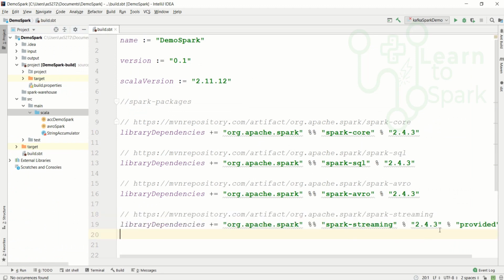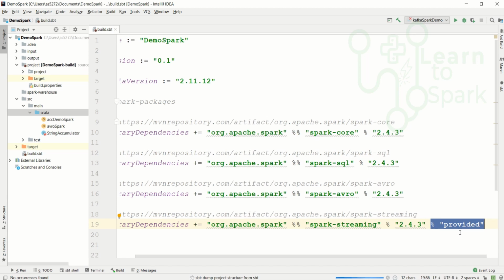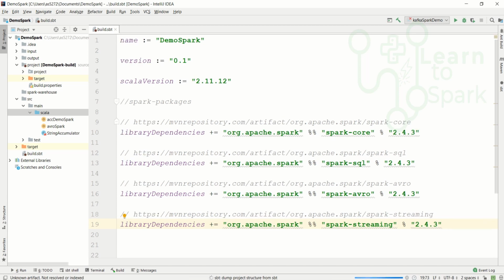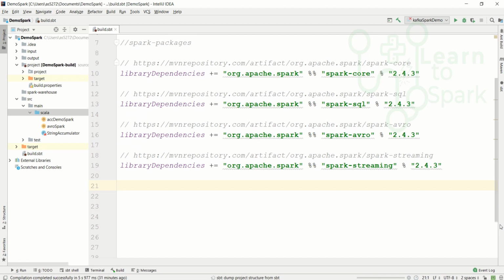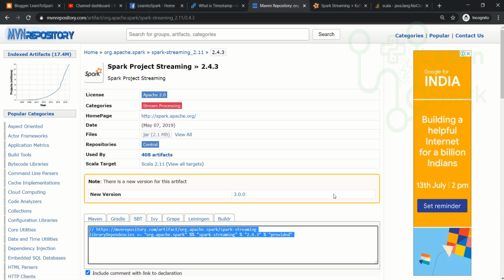Remember, if you are including it for the first time, then please do remove this provided. If we mention it as provided, then it will check in your local directory itself and it will not look in the repository to download the package. So avoid providing provided if you are downloading it for the first time. And the second